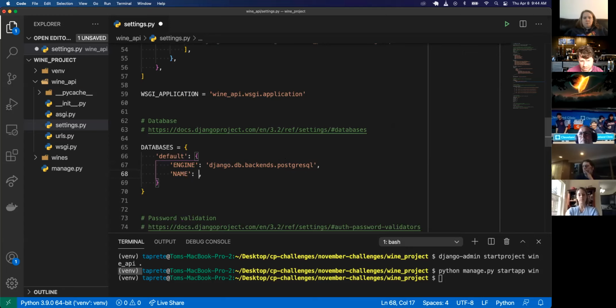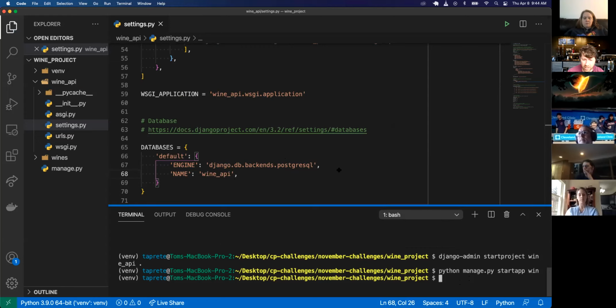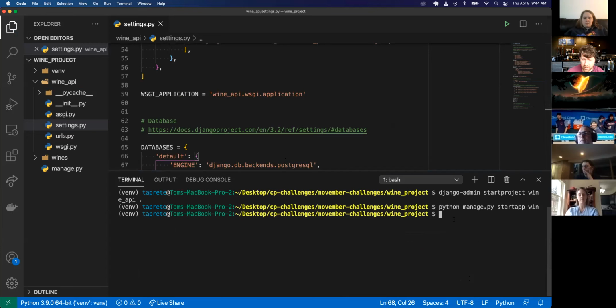And what should we call this database? Anybody? Wine API. All right, Wine API. Cool. So let's go ahead and actually create a Wine API database in the terminal. So how do I create a SQL database in the terminal? createdb, one word, and then followed by